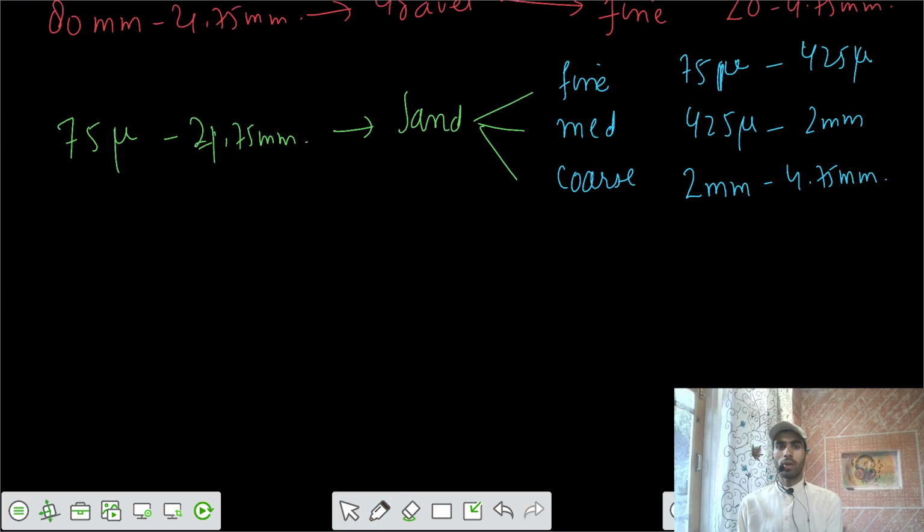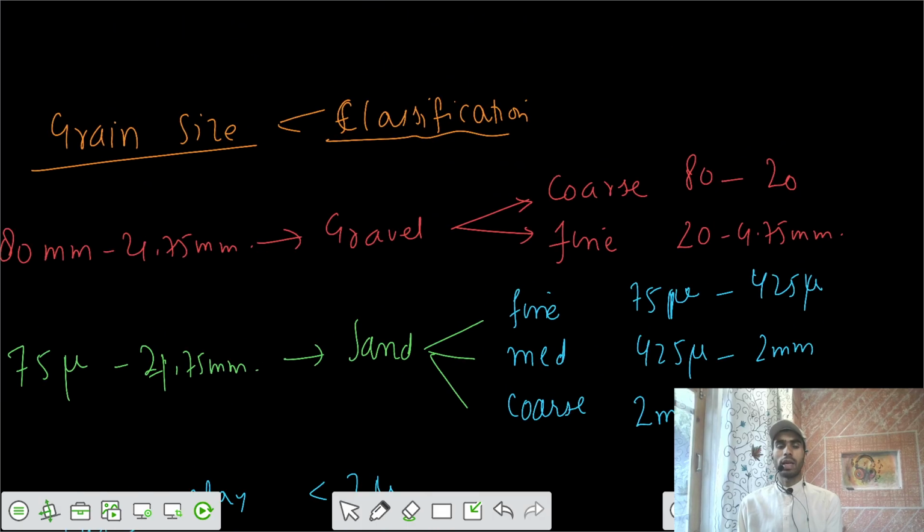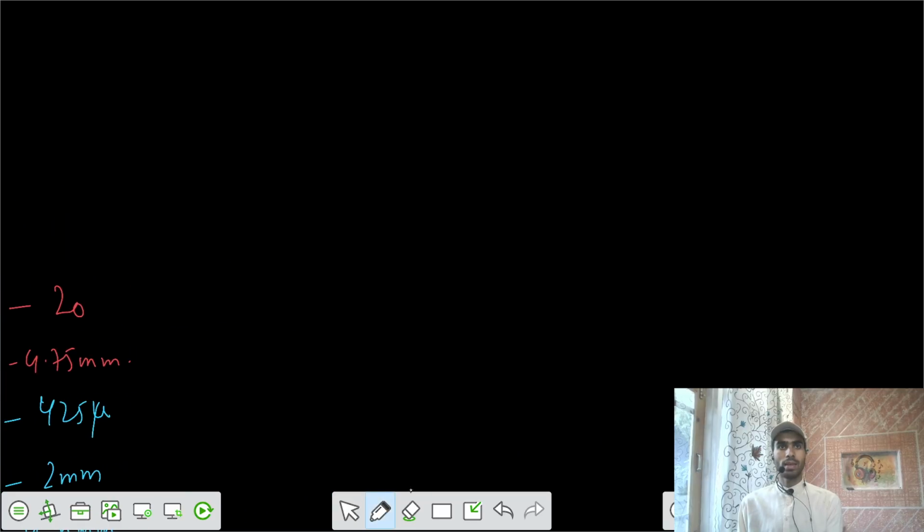After that, we can have fine grained soils, clay and silt. For the clay, your particles are less than 2 microns, and for the silt, your particles are in the range 2 micron to 75 micron. That's all about that classification based on grain size. Now, about this third method, that's ISSCS classification, we are going to use few symbols, few prefix, and few suffix. Let's talk about those